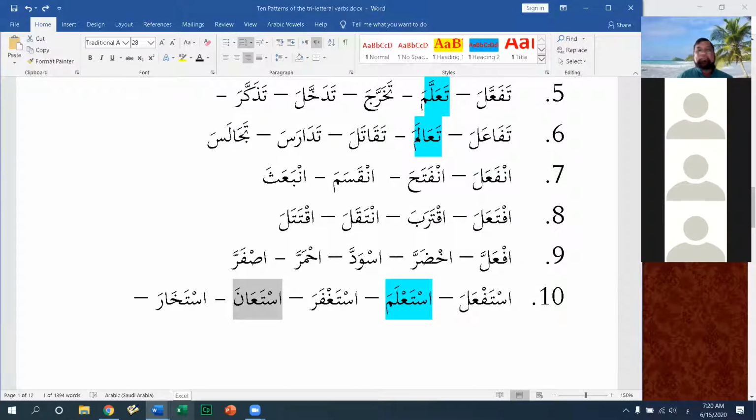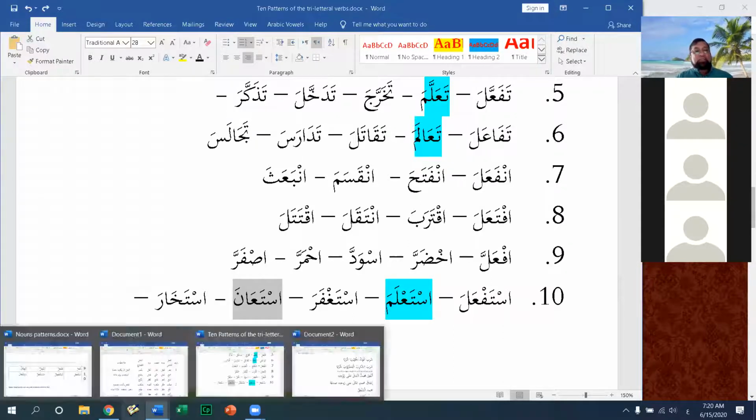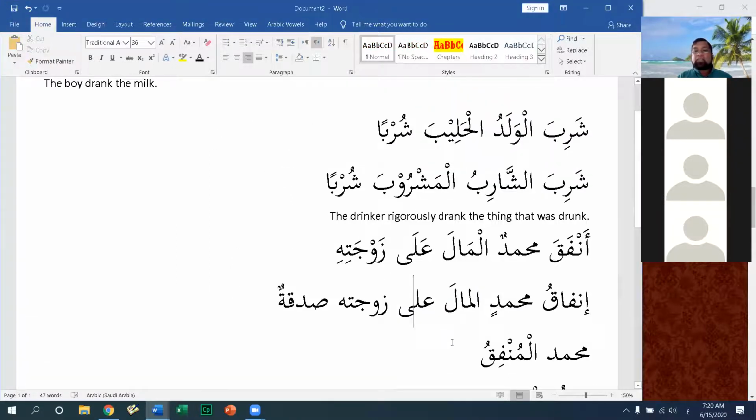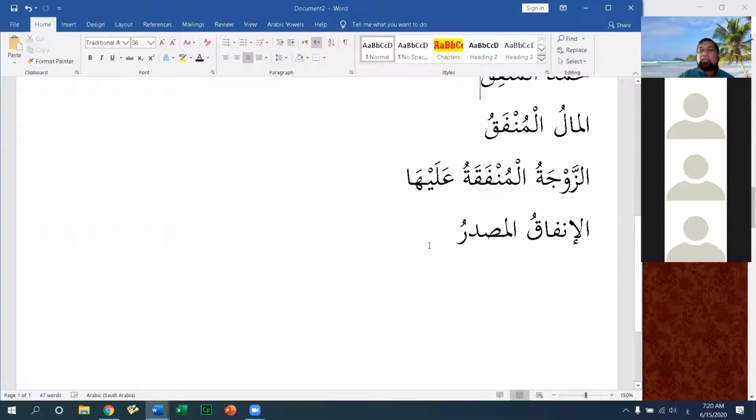That's because of this weak letter. Let me show you something. It's kind of technical. I'll just put it out there. If you get it, great. If not, we'll get it as time progresses. Let's take this verb, ista'ana. Ismul fa'il would actually be based on the patterns